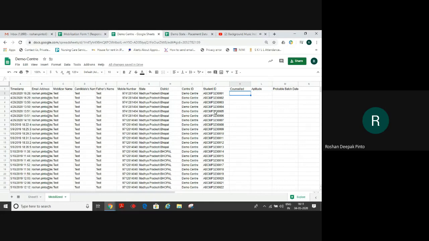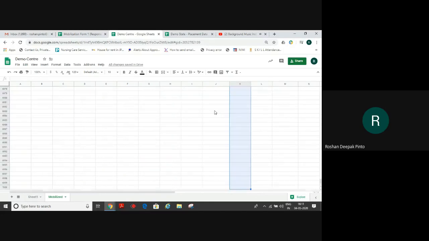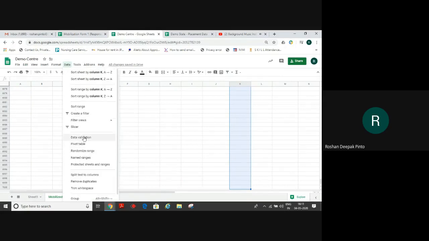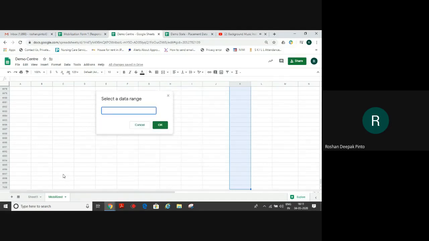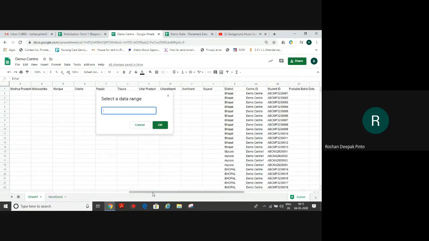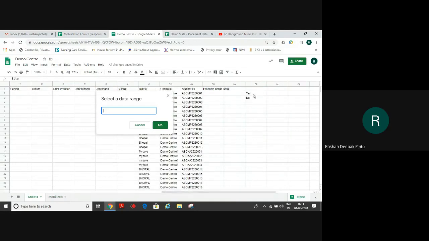For this, I'll copy the complete column till the end of the counsel, go to data and do data validation. It will ask for a range of values from where I want to pick up yes and no. Then I will go to sheet 1, because sheet 1 will be hidden, it will not be shown. Here you have already written yes and no in column AE.